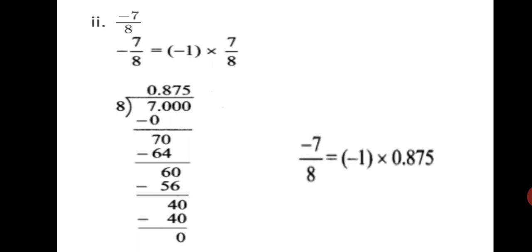So let's see. Minus 7 upon 8 is equal to, we have written on top there, minus 1 into 0.875. So minus 1 into 0.875 will be minus 0.875. If you don't want to show this working, you can write the answer directly as minus 7 upon 8 is equal to minus 0.875. Don't forget to give the minus sign to the final answer since the question bears the negative sign. Okay. So this way we have completed second sum.